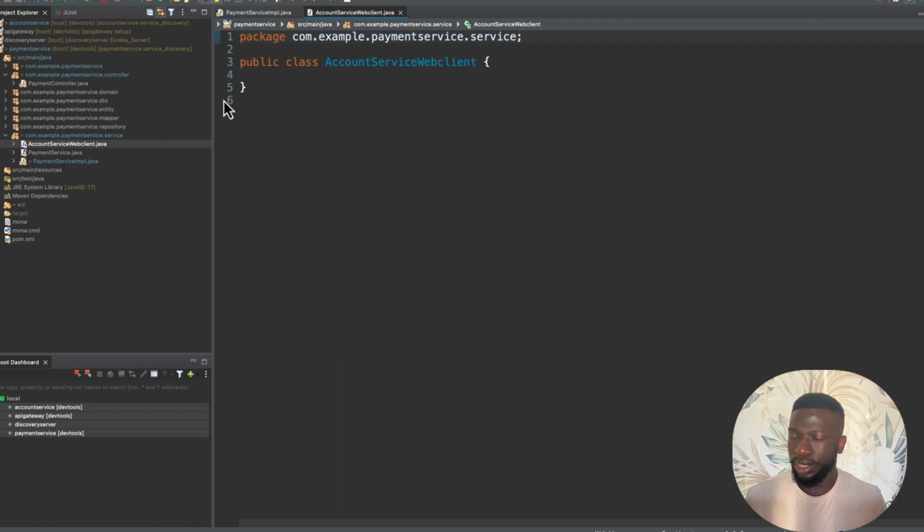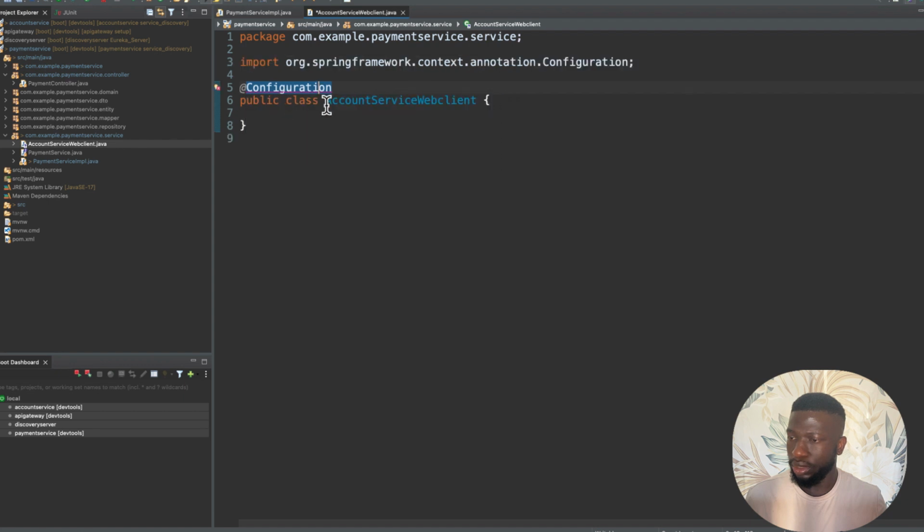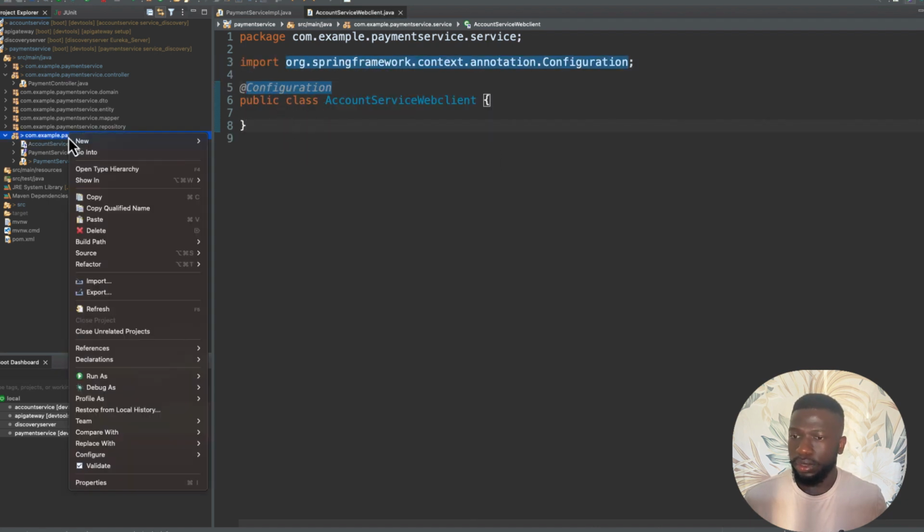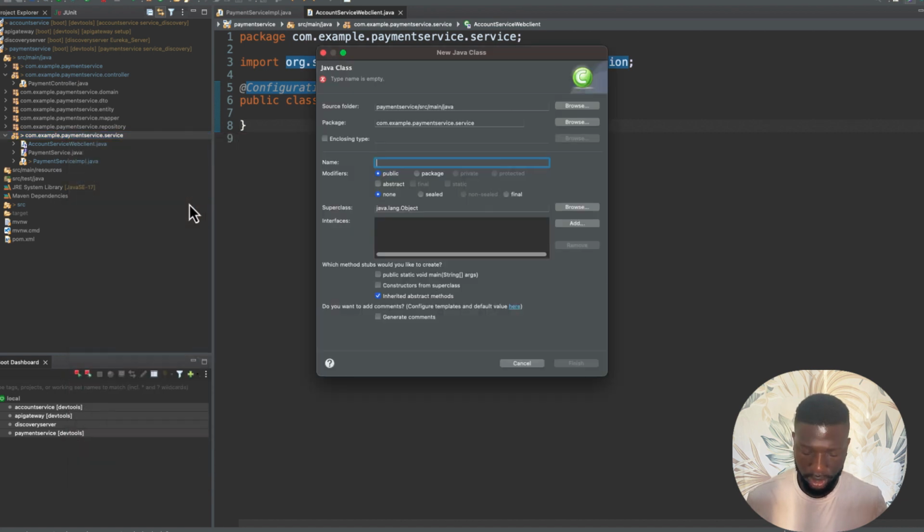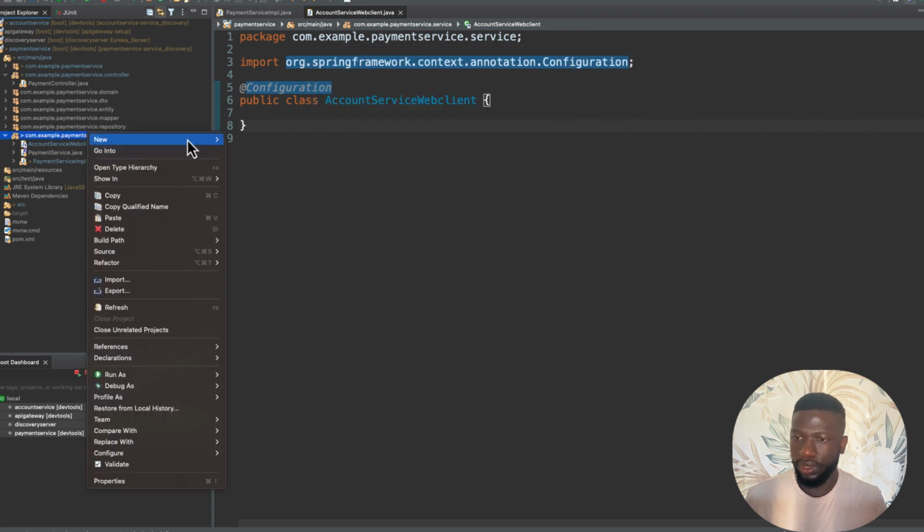Now I'm going to put this here and just annotate this with Configuration. Spelling there. Configuration. Let's import that configuration. Good. Now, next thing, I'm going to create another class and call it accounts. It's actually an interface I want to create. So I'm going to create